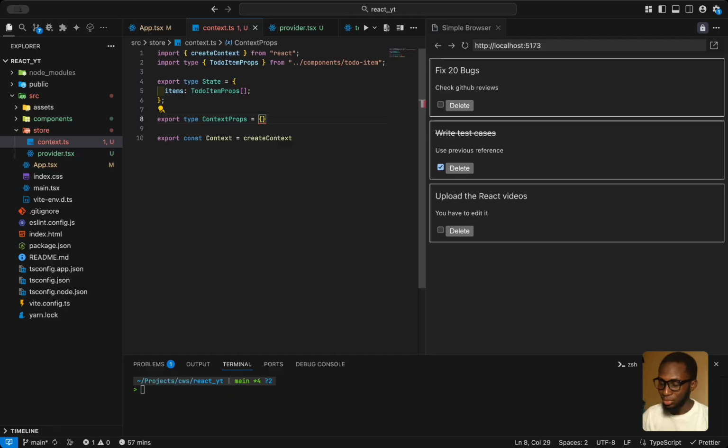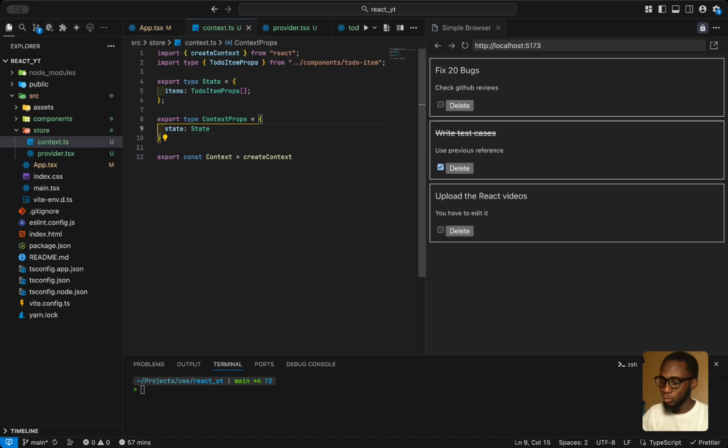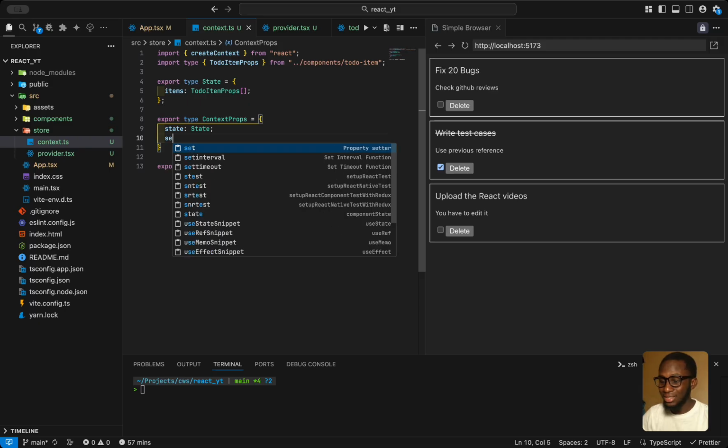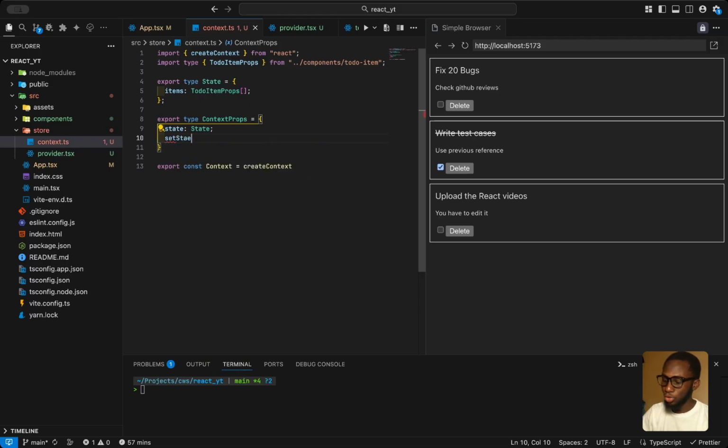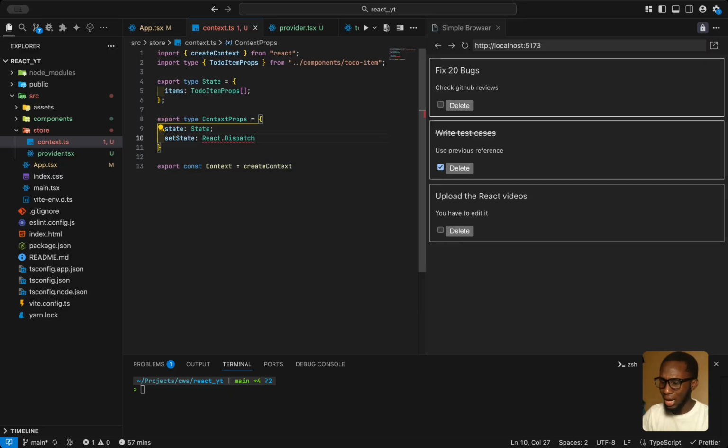That's weird, but for this specific case, I want to have two things in my context props. First, my app state, which is going to be the state type we defined previously. The second one would be our set state function, which will be a function type from React, I think, something around dispatch dot